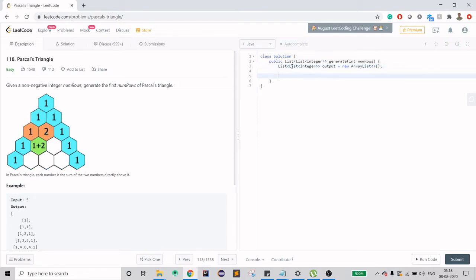Okay, then you just have to return this, and just to be on the safe side you can also try to run this, but it is going to be a wrong output. So in the first row we need to add 1, so I'm going to create an ArrayList, first row, and then add.